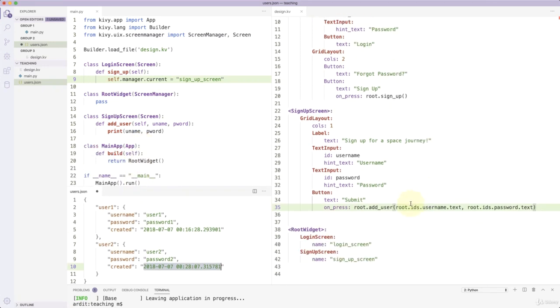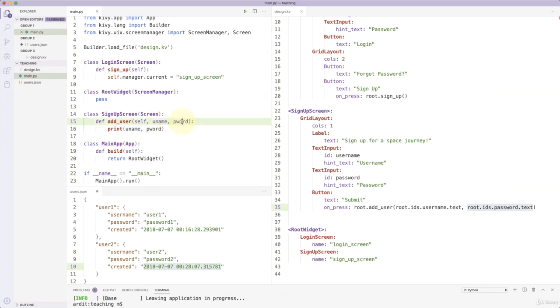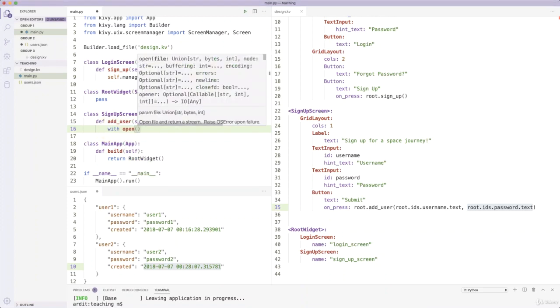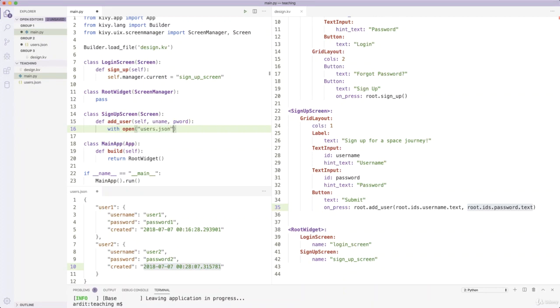And so the user presses the submit button. The submit button calls the add user function, and these two arguments are passed to the function call. So add user is this one in here, with uname and pword. What are we going to do with these two values that the user entered in the text boxes? Well, first of all, I'll open the users.json file as file and get the users